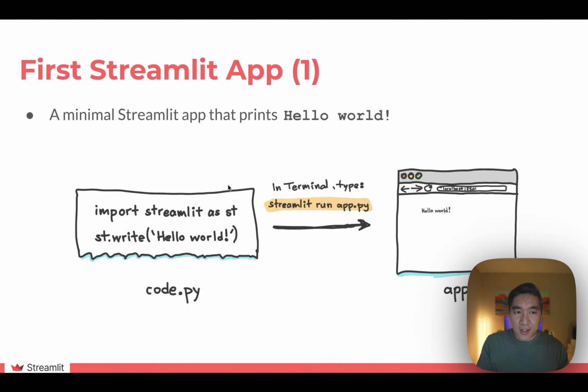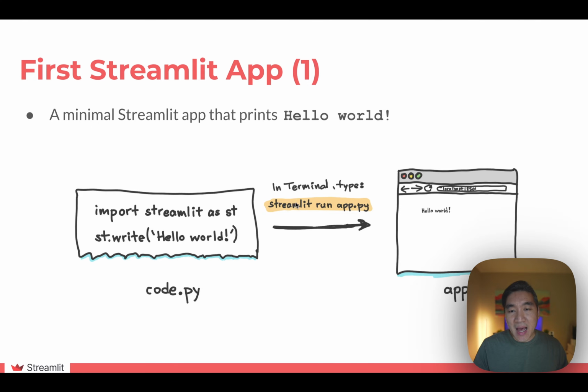So take this cartoon illustration as an example here. You'll be able to just write out 2 lines of code to create your Hello World application. That'll include import streamlit as st, followed by st.write, and then hello world. And that's literally all that is required. And then you'll get a hello world application.